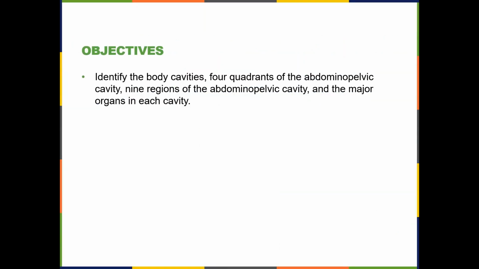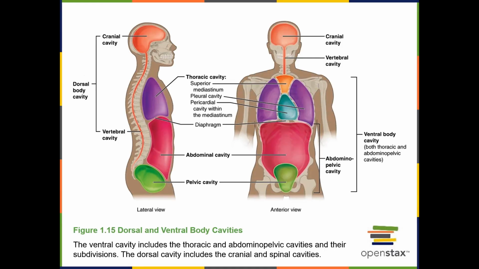In this video, you'll learn about the major body cavities, subdivisions of each cavity, and the location of the major organs within each cavity. Body cavities are spaces within the body that are closed to the outside. The axial portion of the body has two large cavities, dorsal and ventral body. The dorsal body cavity can be subdivided into the cranial cavity, which contains the brain, and the vertebral cavity, which